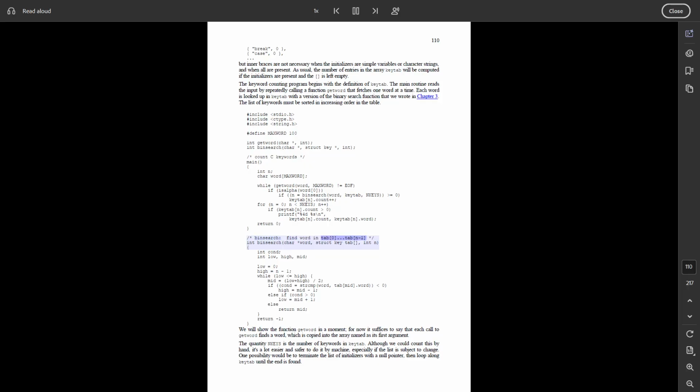/* binsearch: find word in tab[0]...tab[n-1] */ int binsearch(char *word, struct key tab[], int n) { int cond; int low, high, mid; low = 0; high = n - 1; while (low <= high) { mid = (low + high) / 2; if ((cond = strcmp(word, tab[mid].word)) < 0) high = mid - 1; else if (cond > 0) low = mid + 1; else return mid; } return -1; }